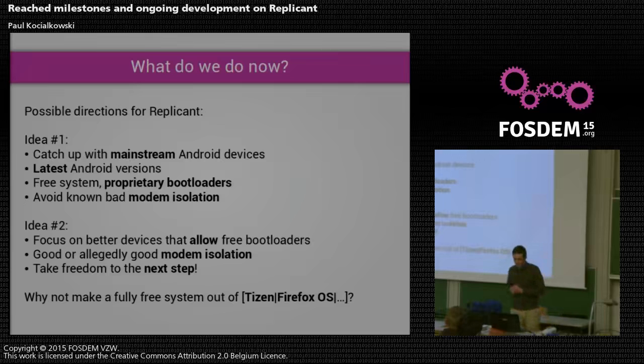And by the way, we also often get people asking me or the community, but why do you keep working on Android, right? Everybody knows Android's crap, and why do you still work on it? Why not Tizen or Firefox OS or Ubuntu Phone or whatever? Well, there are basically two reasons, or even three reasons. The first one is that Android is quite mature, right? We've got all the features around that are already there. We don't need to write any of the interface. We don't need to do any of that.